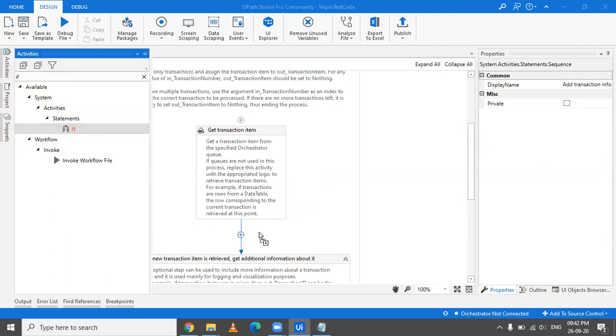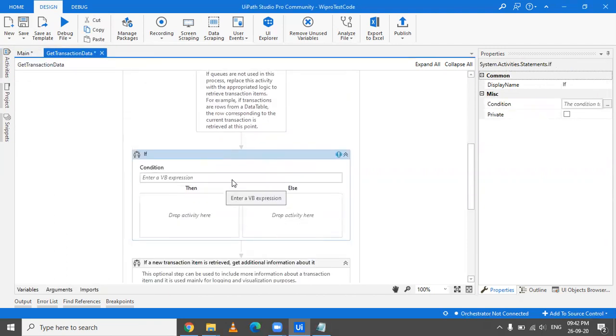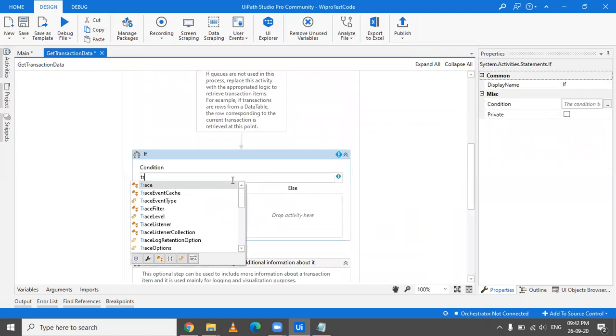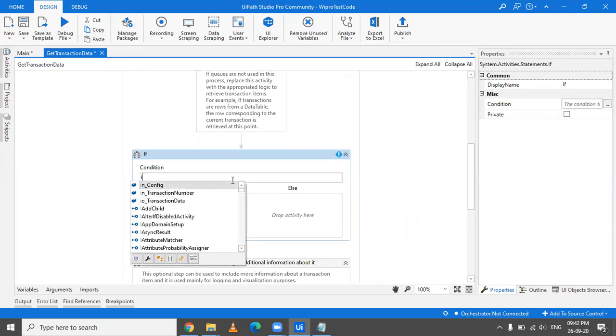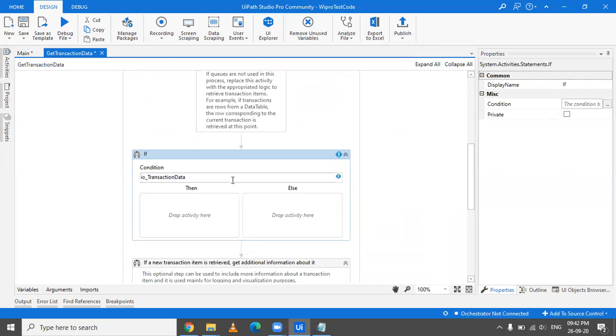Okay, and you will have to tell it that you have the transaction data table from where you have to extract the data. So you have IO transaction data. You would do IO transaction data dot rows dot count, and we'll check.